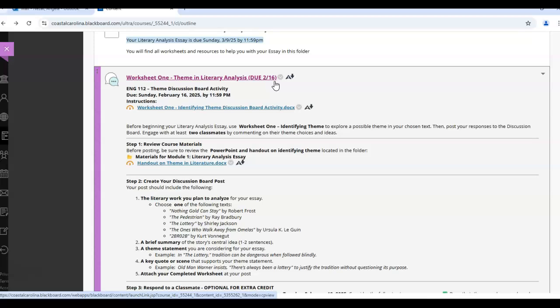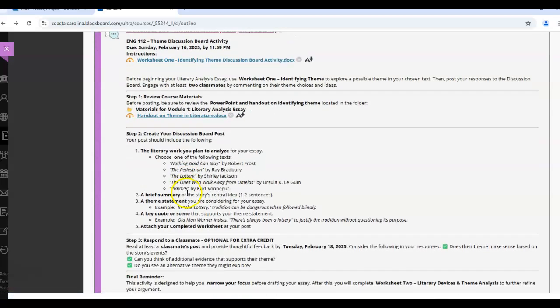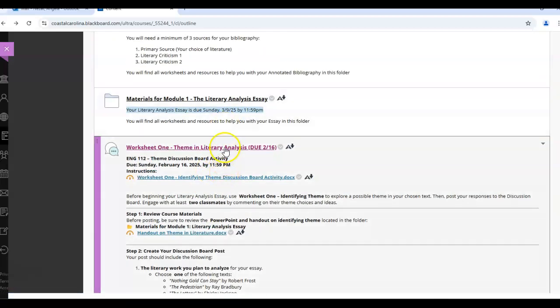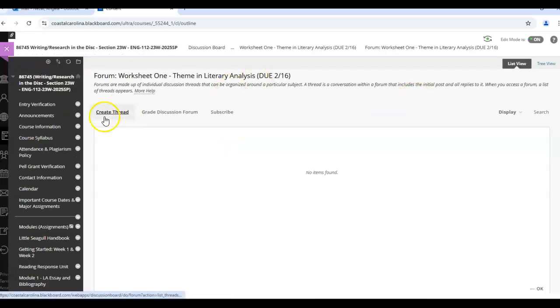Worksheet 1, this is the discussion board, identifying theme, discussion board activity. Here's a handout on theme. So if you're not sure, you can go and read this handout. I have it step 1, step 2, step 3, your worksheet, and you go and you post, you create your thread.